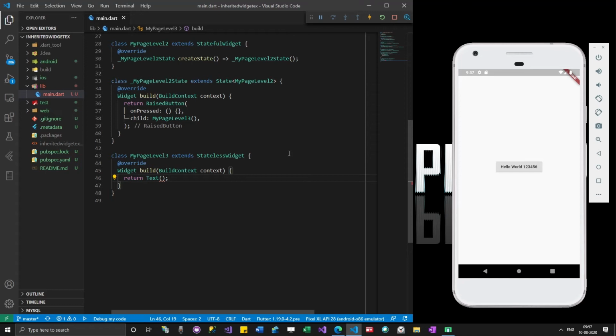Before going ahead, I want to give some more introduction about inherited widgets. If you remember, when we were writing our user interface code, we used something like MediaQuery.of. Whenever you are using this of method, we are actually using inherited widgets. So this is not something we haven't used at all; in our previous apps itself we have actually used it.